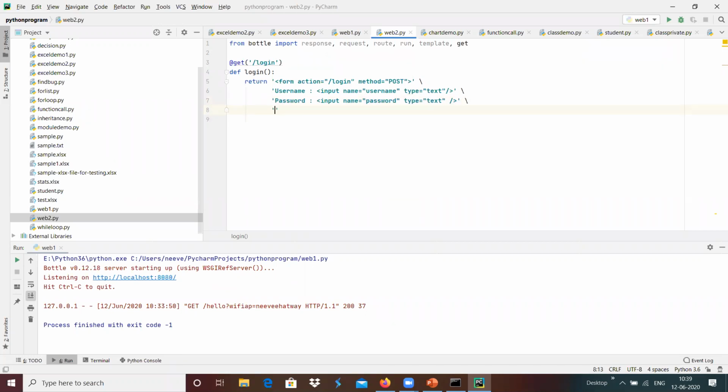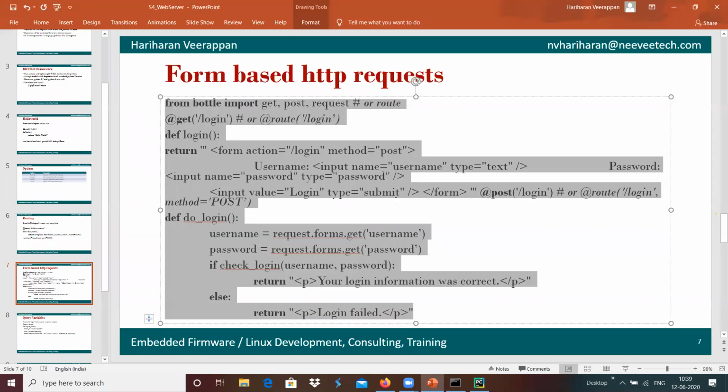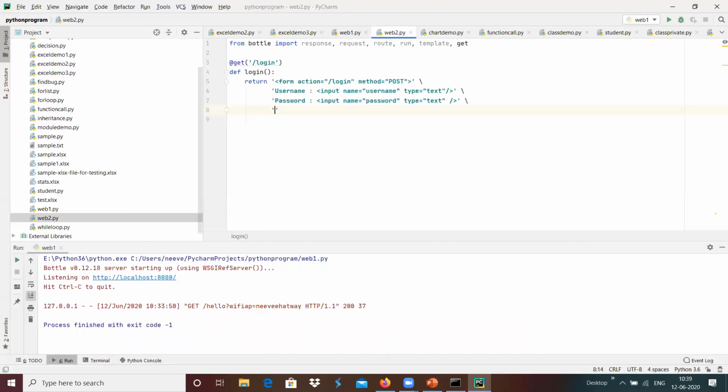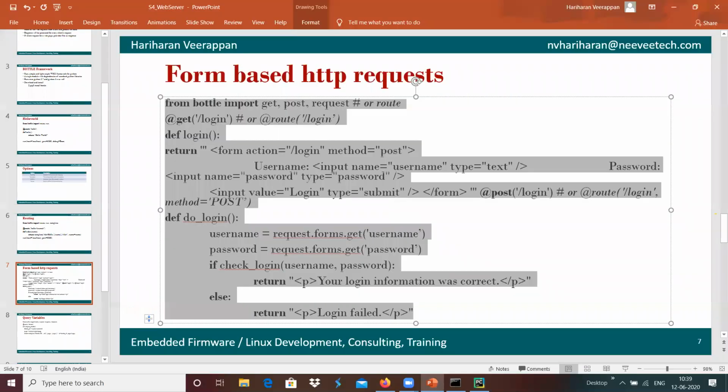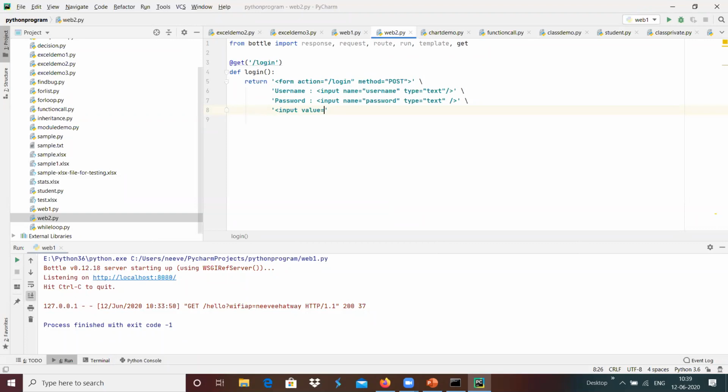And the next line, maybe I'm going to add an input, which is something like a login, the value is login. I'm going to add something like an input, and its value is login over here, and the type is submit.